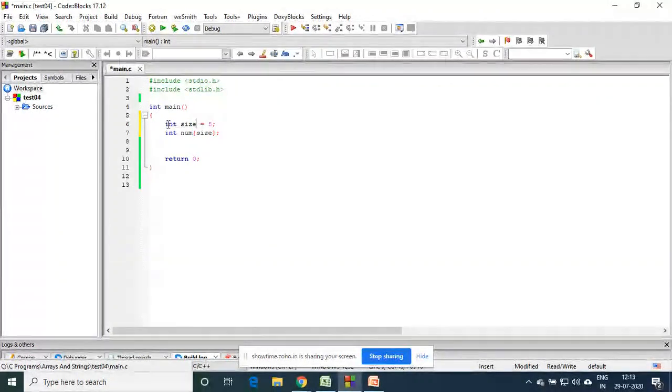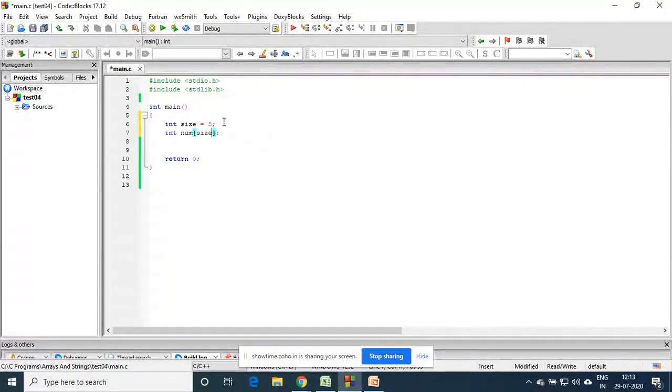So this is a provision. So 2 bytes of memory will be allocated. Okay. So what happens if you write like this? 10 bytes of memory will be allocated, reserved, like that. That statement means like that. But if you write like this, okay, this will give error.